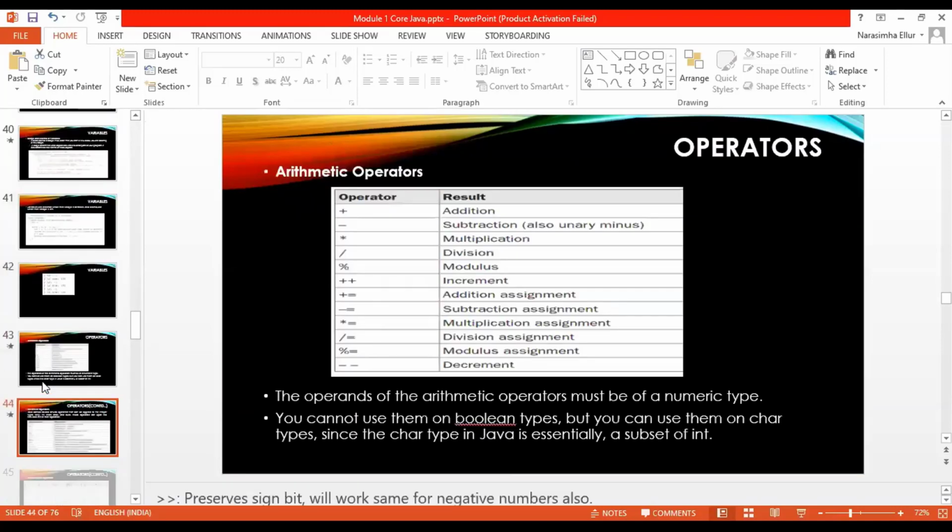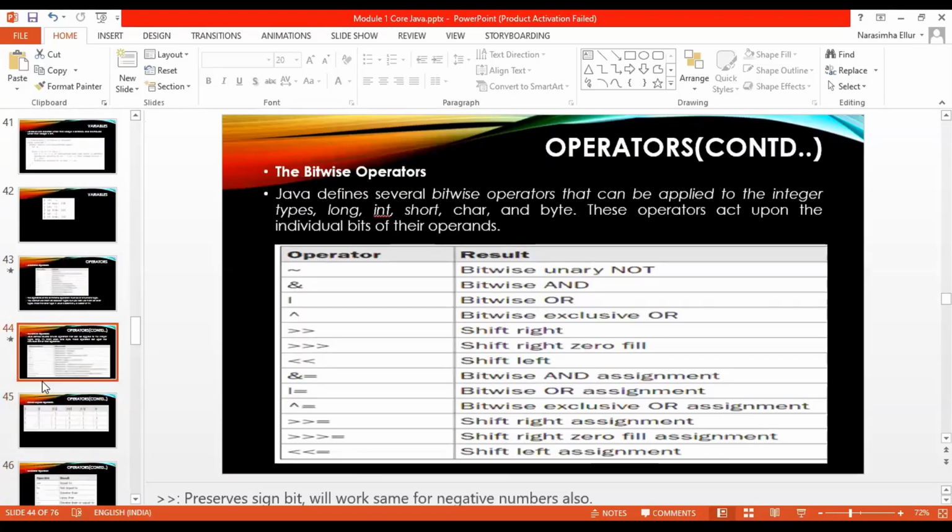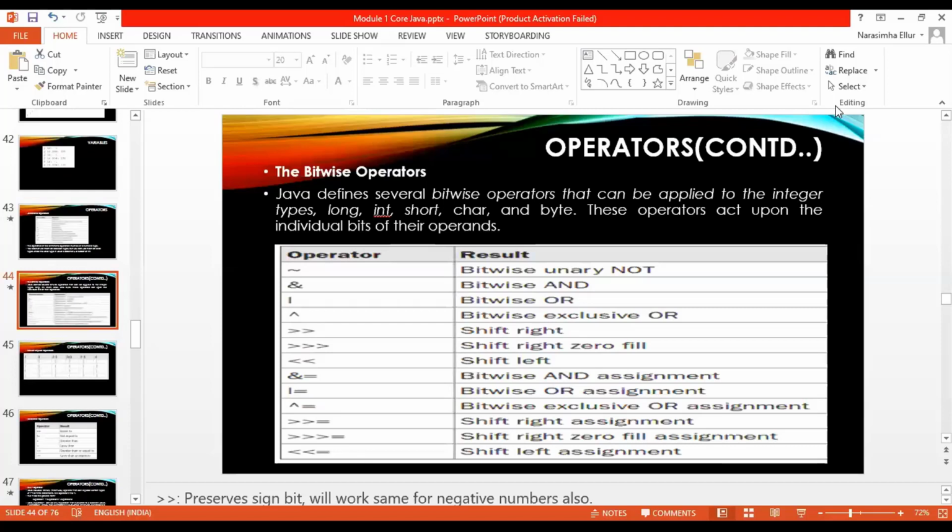We have discussed these operators, unary operator and or. Then I spoke of something with respect to shift right, then shift left. I gave an assignment saying that you just cross check what is the difference between shift right and shift right zero fill. With respect to the same thing, I have shared a document also in the Java group. That is what we have discussed with respect to last class.